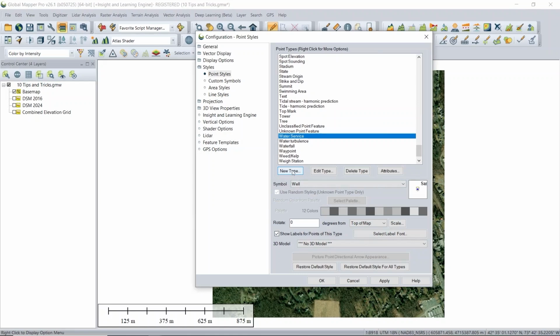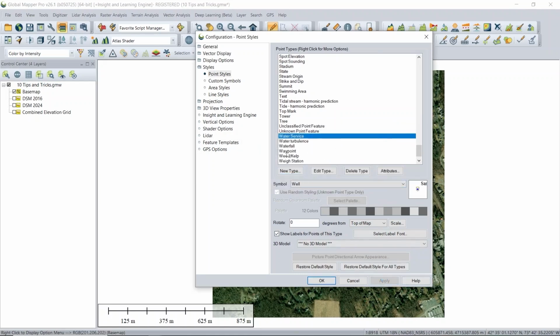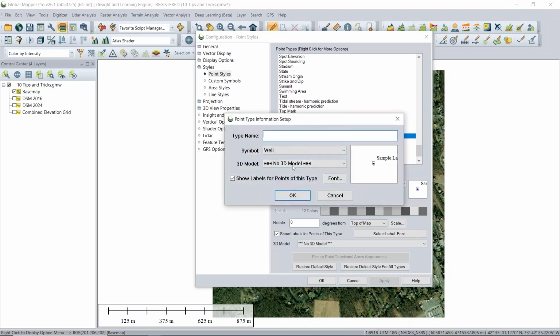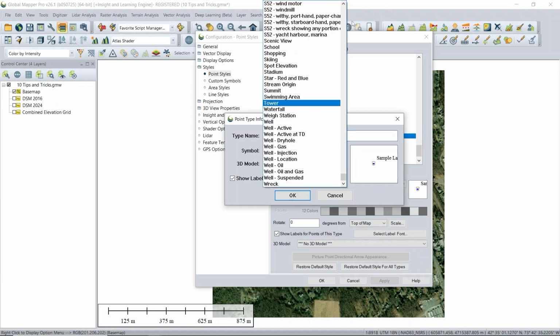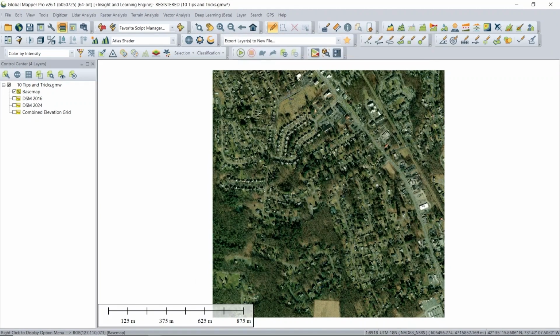And then I'm going to select a second one. Let me apply that change. And I'm going to add a second feature type, and we can call this sewer access. I'm going to assign this another symbol here. I'm going to apply that change. Alrighty. Now let's pretend hypothetically that we are going through this aerially